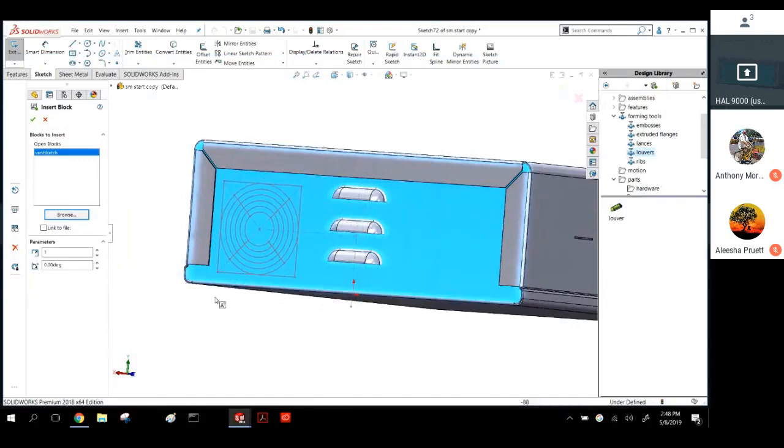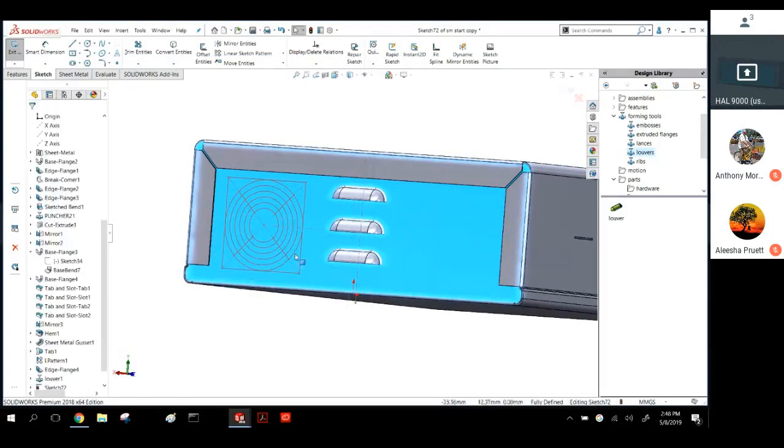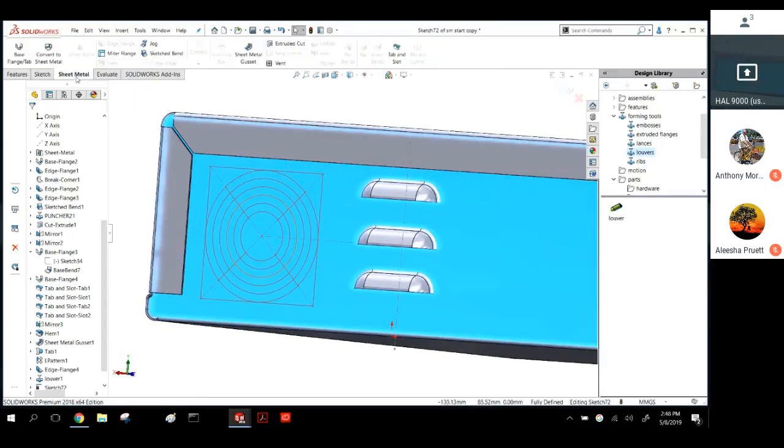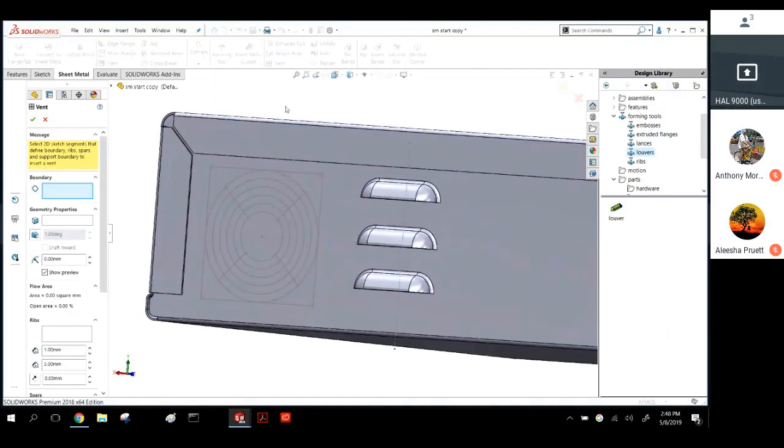So here's my vent. Place it where I need to be, and I go into my sheet metal tool. Here's the vent command. There's a lot of stuff to pick in this vent command. So you have to do a lot of sketching. You have to sketch out your vent first, and then you use this tool. But when you see what it does, you'll realize it is a big time saver